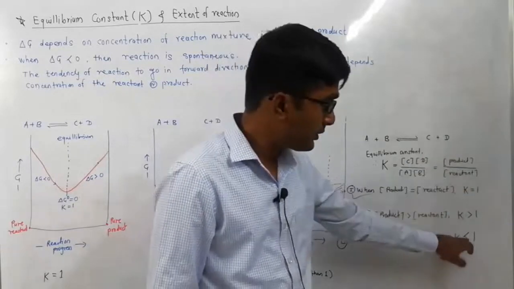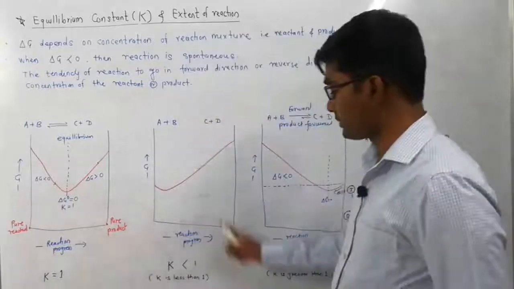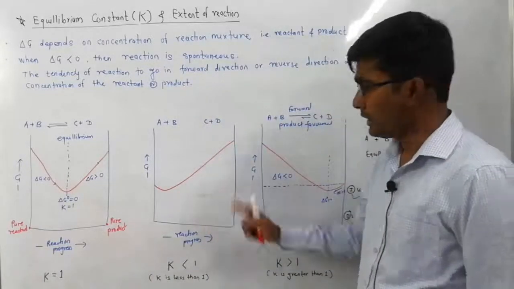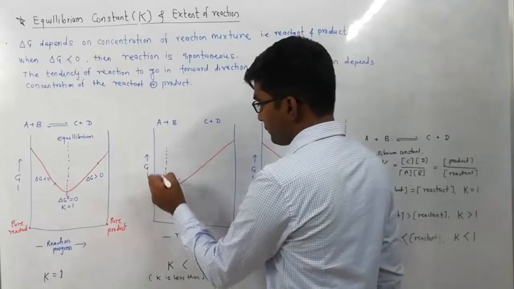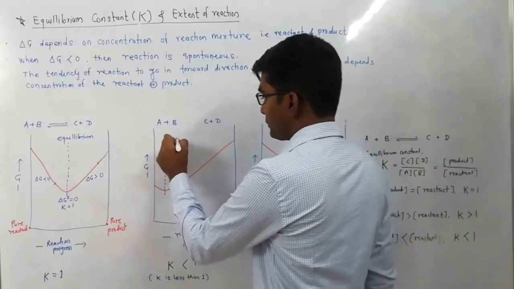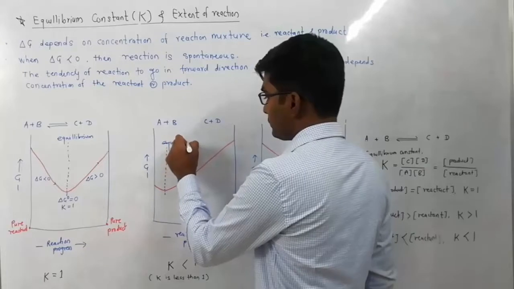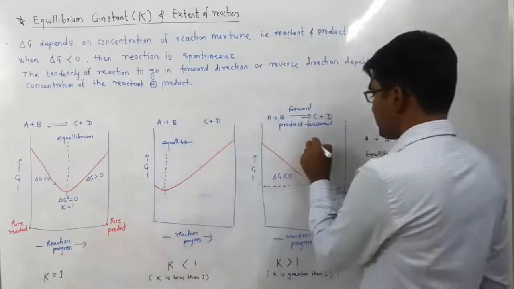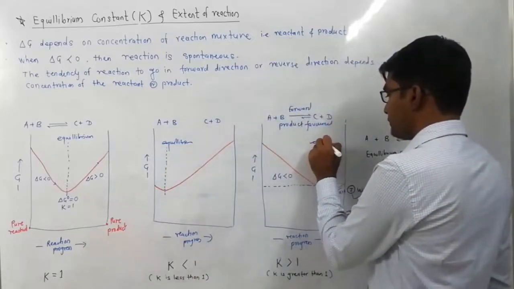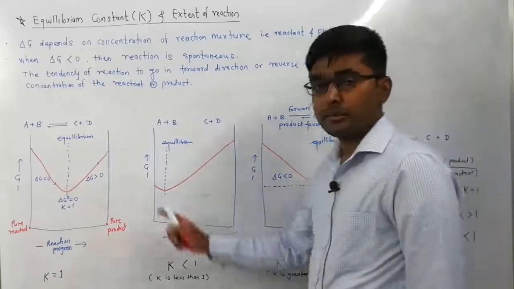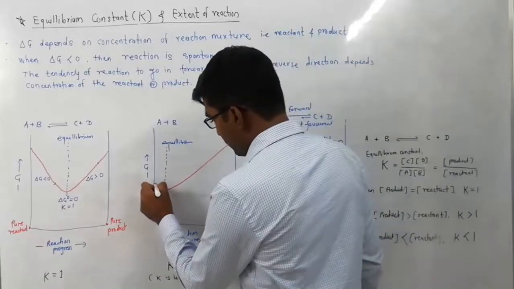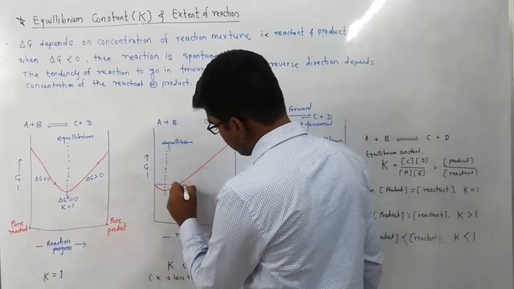So the K value will be less, and this is shown by the graph. This is the middle graph. Here this point is the equilibrium point. Equilibrium point. So here you observe carefully that